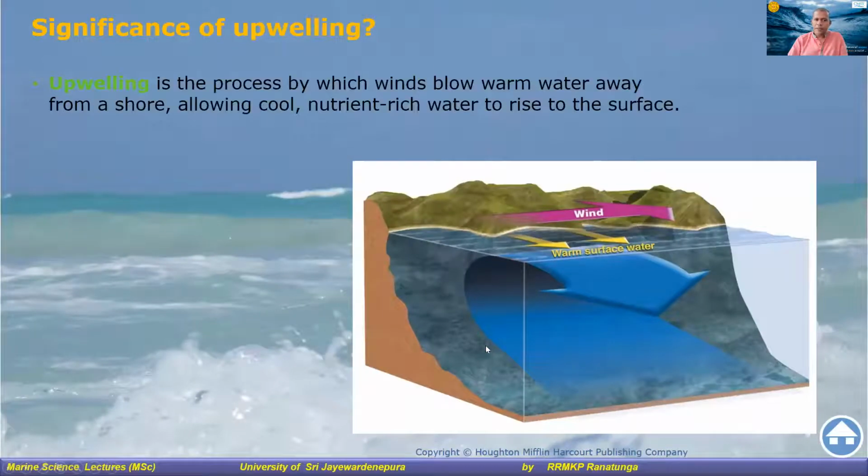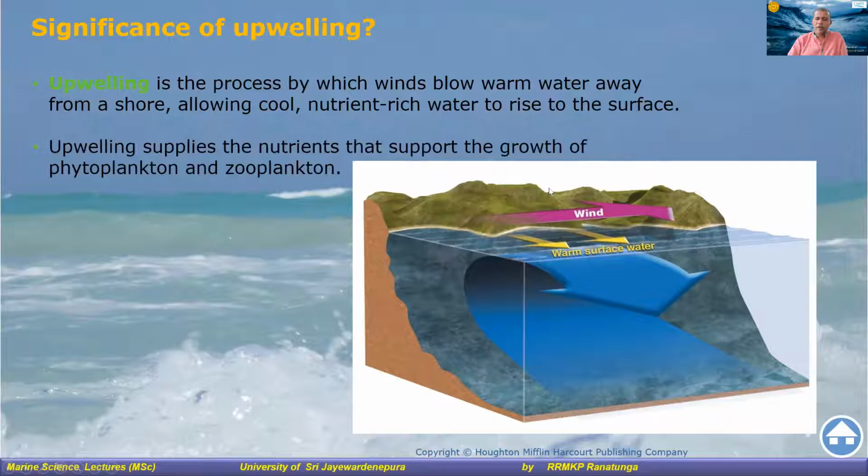So as I discussed before, upwelling is very important. That will bring colder, nutrient-rich waters back to the surface. Colder, because the bottom waters are usually colder. These colder waters are brought back to the surface with nutrients. And this process is very important, especially for the phytoplankton, and everyone else in the food web is dependent on the phytoplankton. So the increased productivity of phytoplankton means the whole ecosystem will be much more productive than usual.